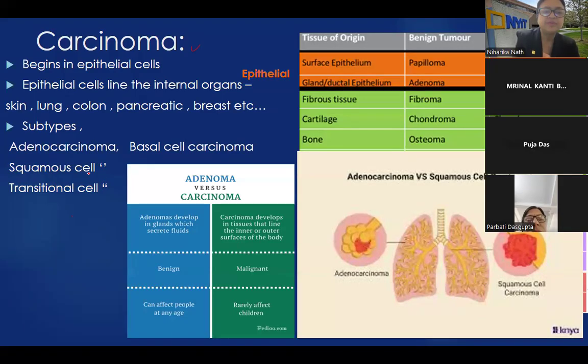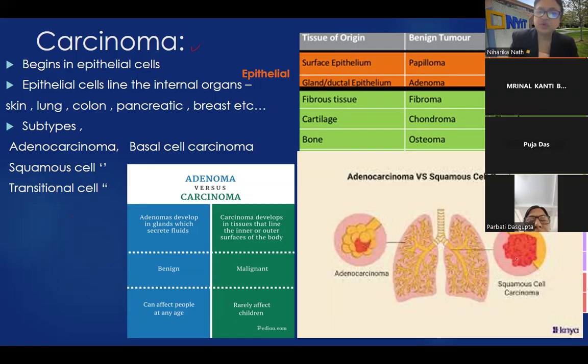The bottom line is that the subtypes include adenocarcinoma. So let's look at this one. This is an adenocarcinoma here. What is an adenocarcinoma? Number one, we said that it can break through. So look at this diagram here. This is in the lung. It's an adenocarcinoma, and these are the lung alveolar sacs. So that's very normal, all the yellow ones. The red one is the adenocarcinoma. What does it do? It can break free, and so it's called an adenocarcinoma.